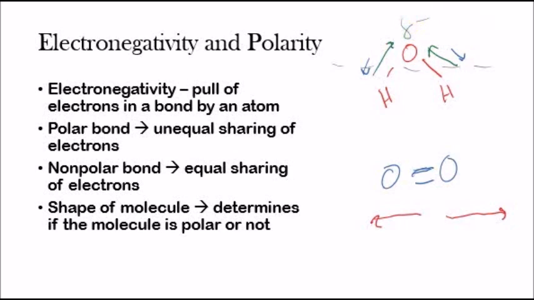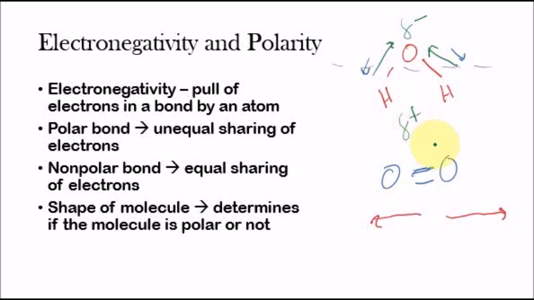Okay, and the way we write that is with this delta symbol, this Greek delta symbol, and then the negative to represent the negative charge. And that is, again, since the oxygen is pulling on the electrons, electrons have a negative charge, so if the electrons are all near the oxygen, then that top side of the molecule is going to have a negative charge. And the bottom side of the molecule is going to have a positive charge,